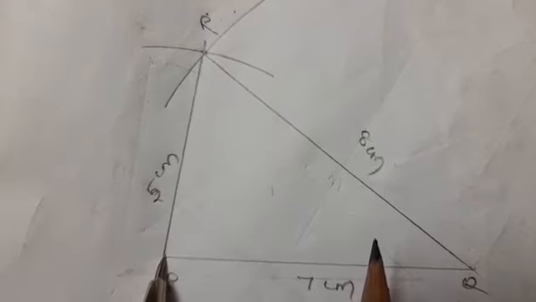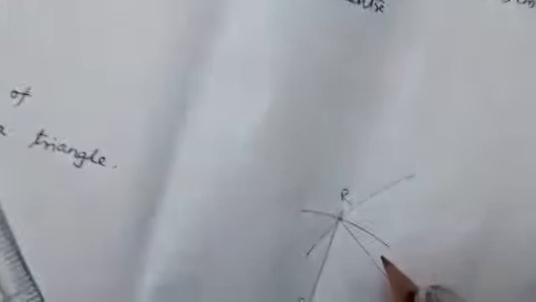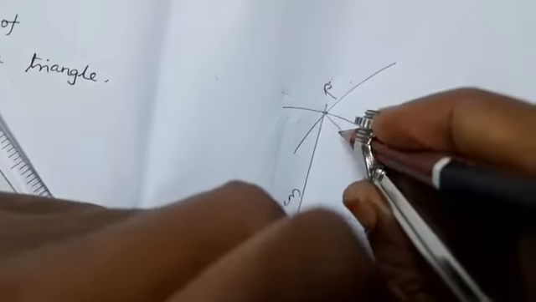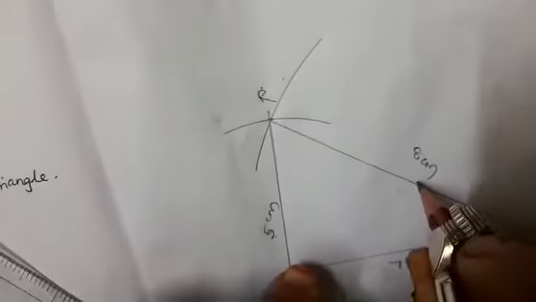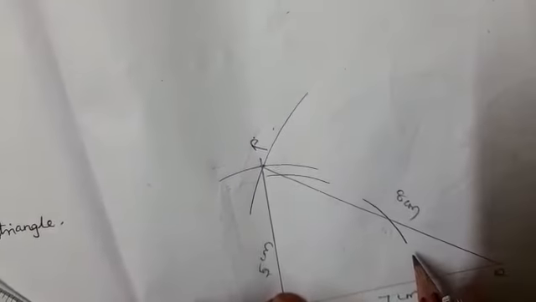Next, we construct altitudes from any two vertices. Okay. So first I construct from a vertex, the altitude from the vertex P. For that, you draw two arcs. The two arcs should intersect with the line segment QR. So first keep the compass at P. Then just check yourself whether the arc intersects at 2 points or not. Then you have to adjust your compass. Yes. Now I draw two arcs. Okay, this should be done very carefully.